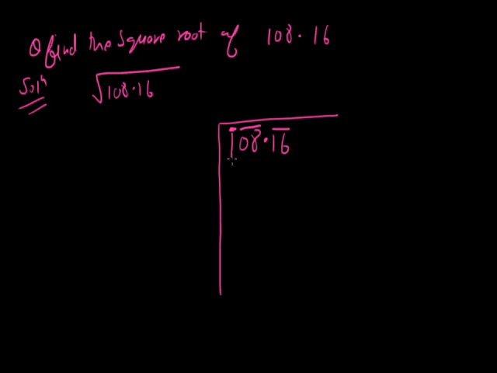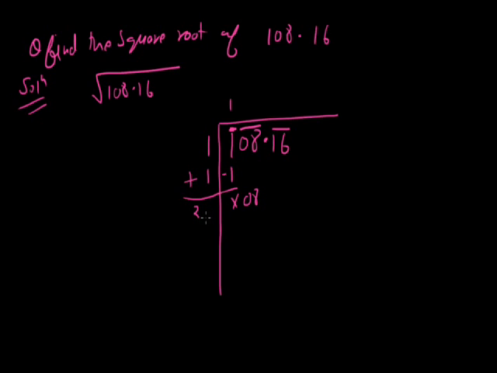Now again we think of a number whose square is just nearby 1 or equal to 1. So 1 is there. So 1 square is 1. So we have to subtract 1 minus 1, that is nothing. We have to copy the next period, that is 08. Now 1 is copied down, so 1 plus 1, that is 2.